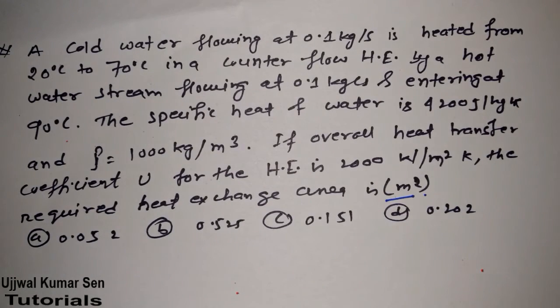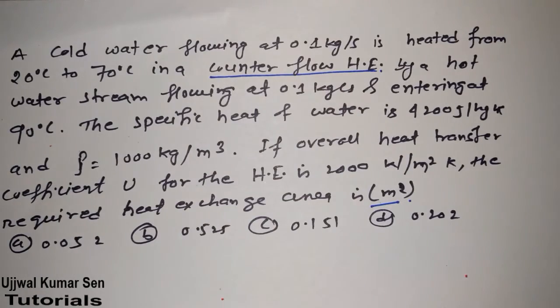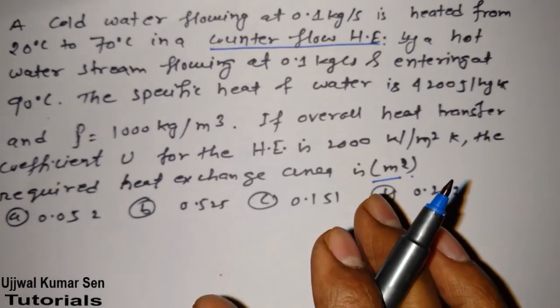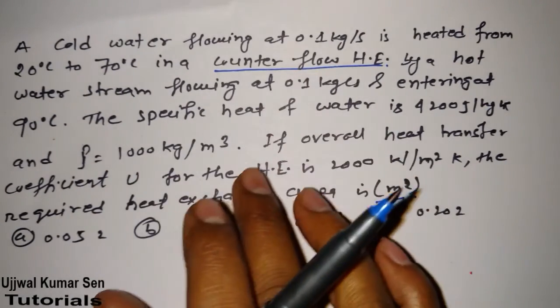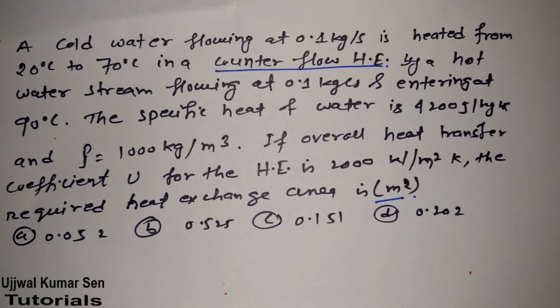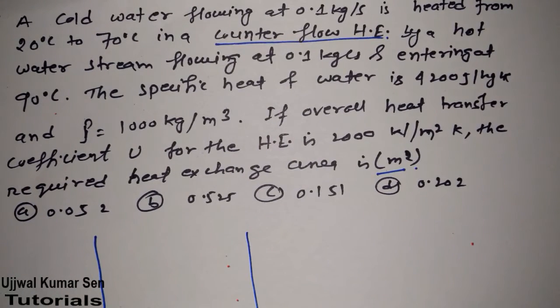Now the most important thing is to notice what type of heat exchanger has been given. This is a counter flow heat exchanger. So at least in the case of a heat exchanger, after seeing what type of heat exchanger is given, just draw a diagram of the counter flow heat exchanger. Then all the elements given in this numerical problem you can put there, and it will be quite easier for you to find the answer for the numerical problem. Okay, I hope you are getting me. So let's draw the diagram for the counter flow heat exchanger.